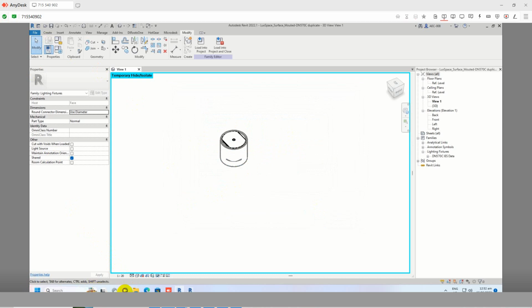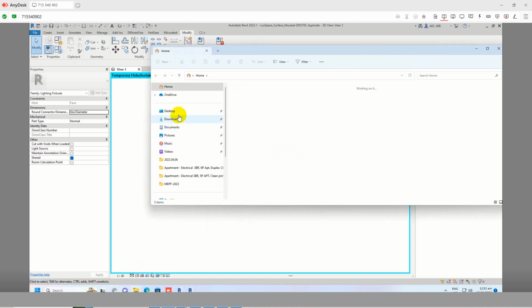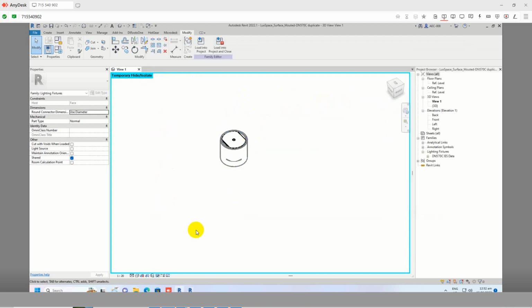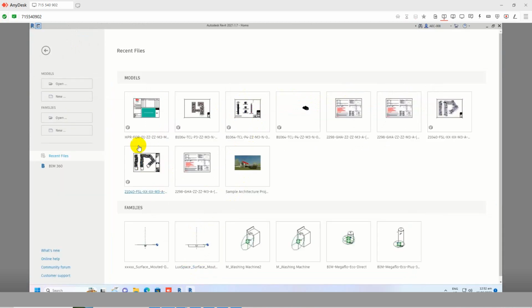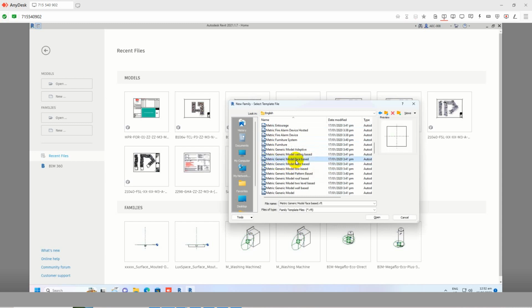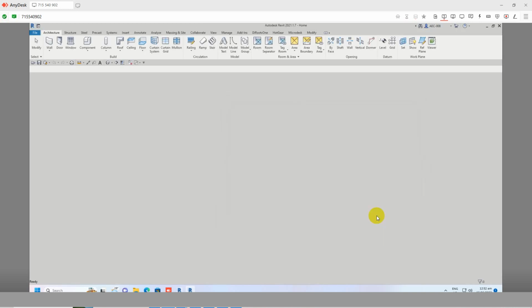So now we just need to check the file if it's already in the correct folder. Here we can see that this is the 3D CAD files that we have exported. Now we'll have to start and create a new family using the Revit 2021 version. So here we'll use the metric system. We will select the metric face-based template. Select open,